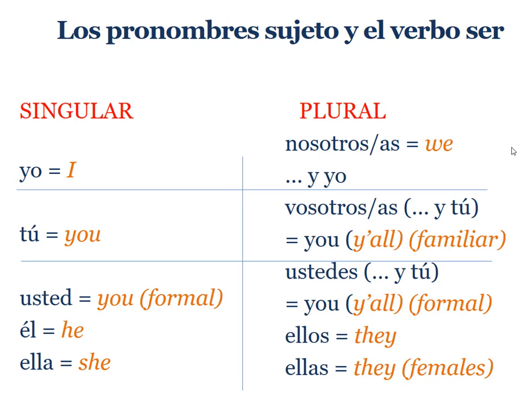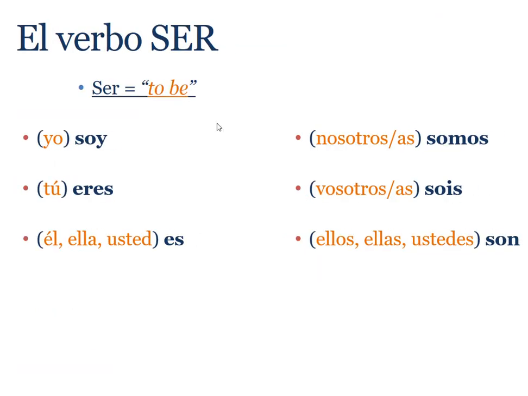Verb ser is to be. It means to be. This is the infinitive of the verb. It's the unconjugated form. And then you can conjugate a verb. That means that you can write the 6 forms of a verb. This means I am. Yo soy. There are 6 different forms, okay?